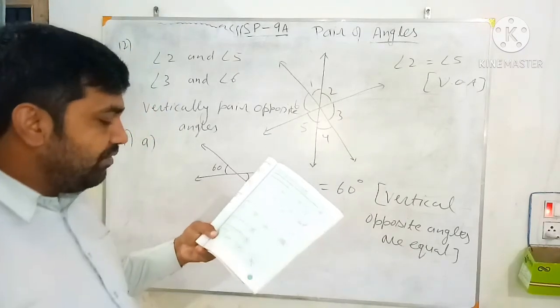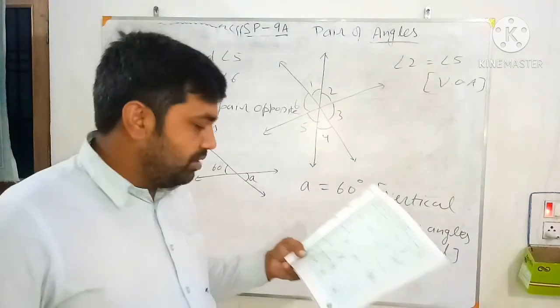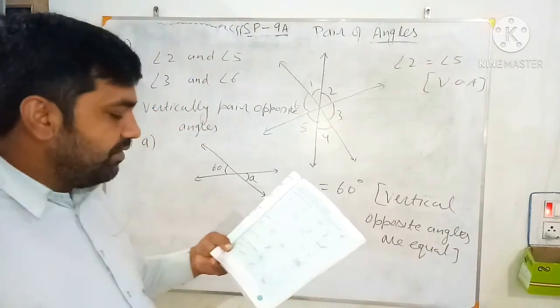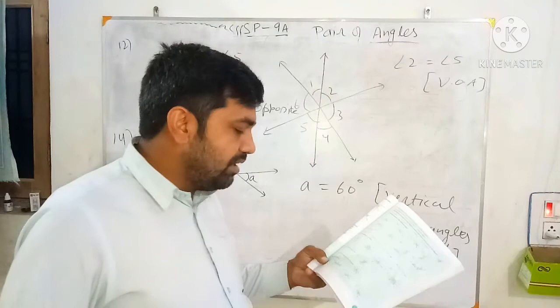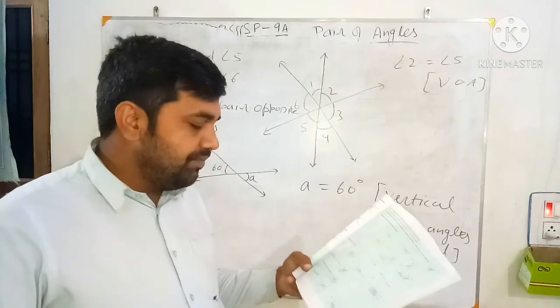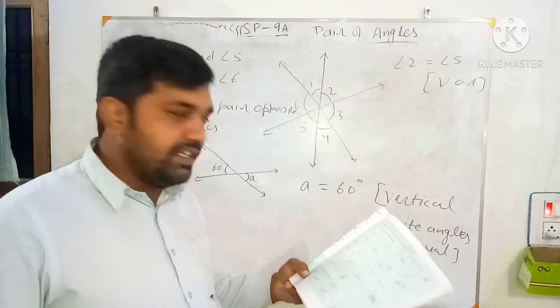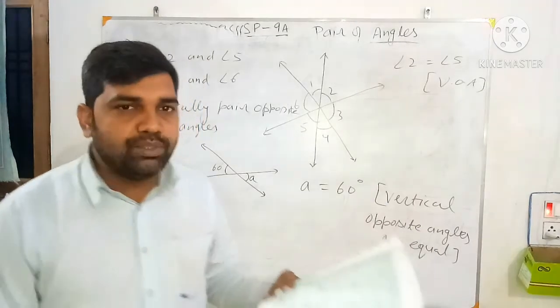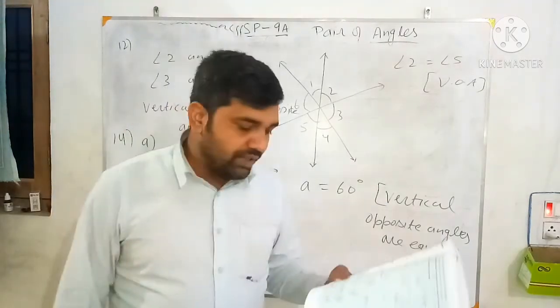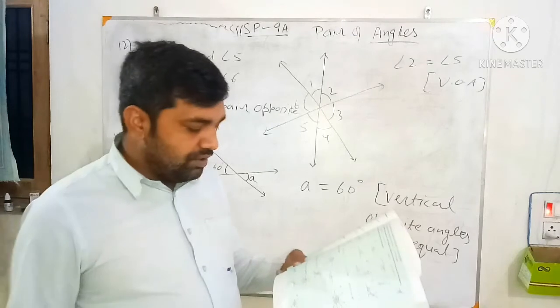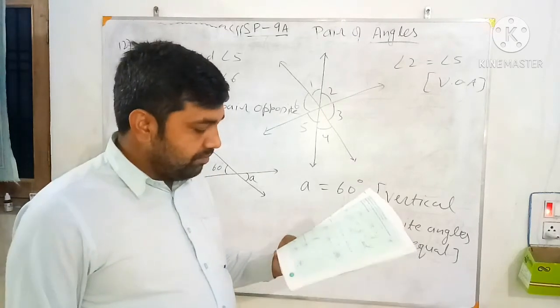And angle A and 25 degree is a linear pair. So what you write? A plus 25 is equal to 180 degree. So when you subtract 125 from 180, you will get 155 degree. And C is just vertically opposite to the angle A. So angle C is equal to A, that is C is also 155 degree.